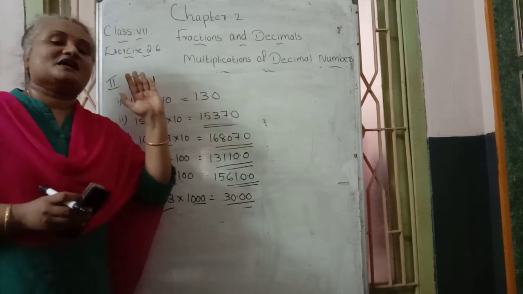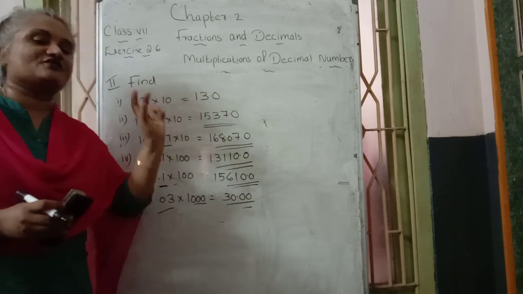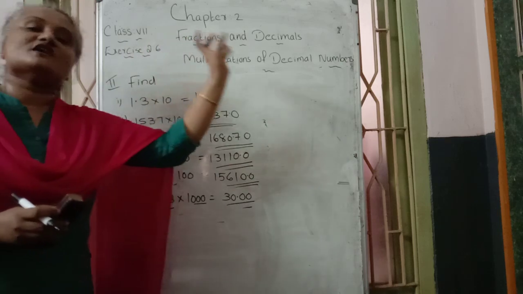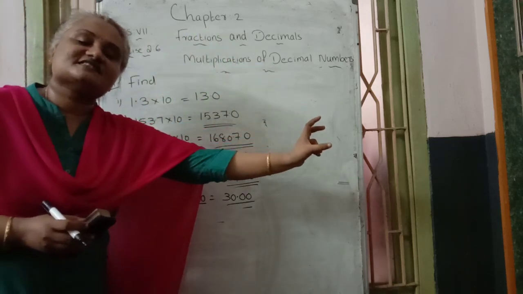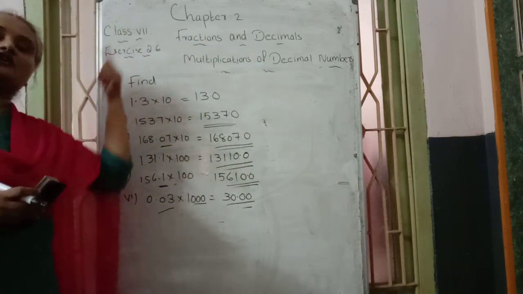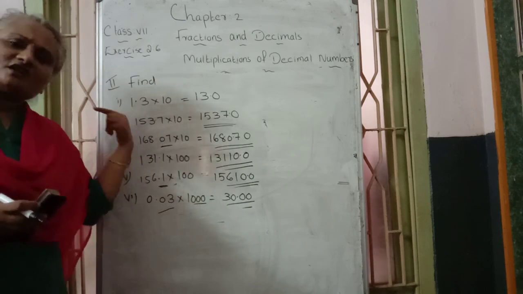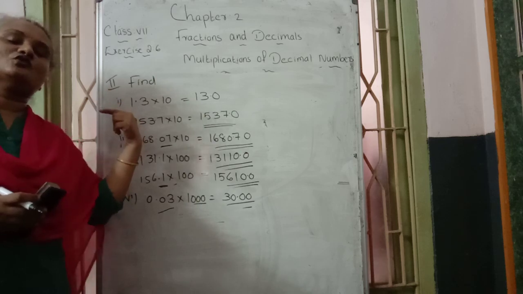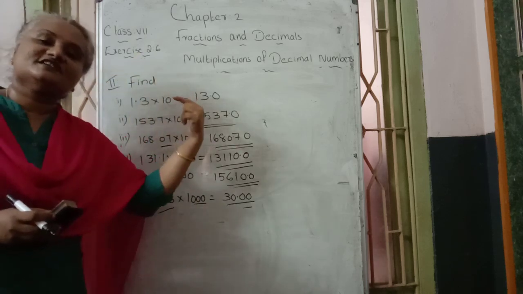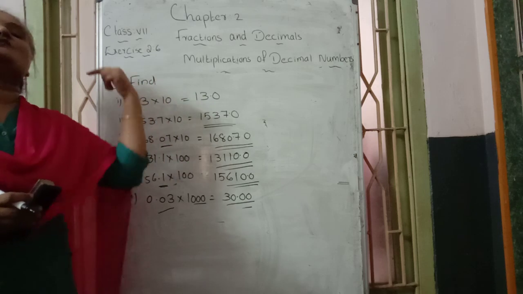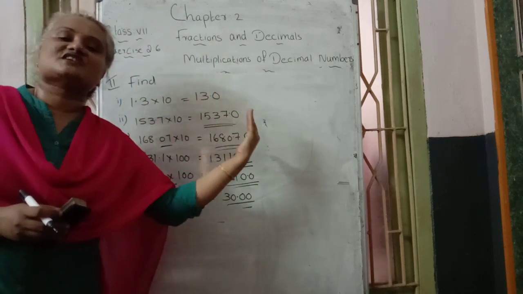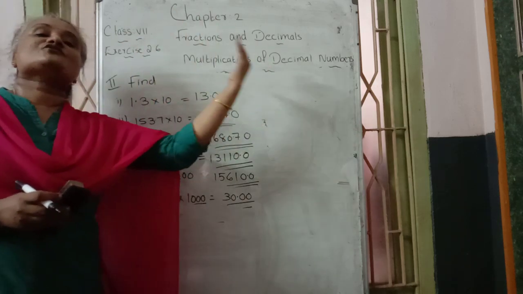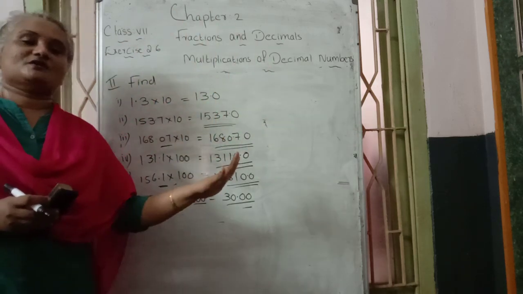What is the procedure? Multiply with 10 means just write the given number in the answer place. 10 carries 1 0, so keep that 1 0 on the right side of the answer place. Then look at the question, where is our decimal point, and after the decimal point how many digits are there. One digit means from right to left take one place and put a decimal; two digits means from right to left take two places and put a decimal. That is the process.